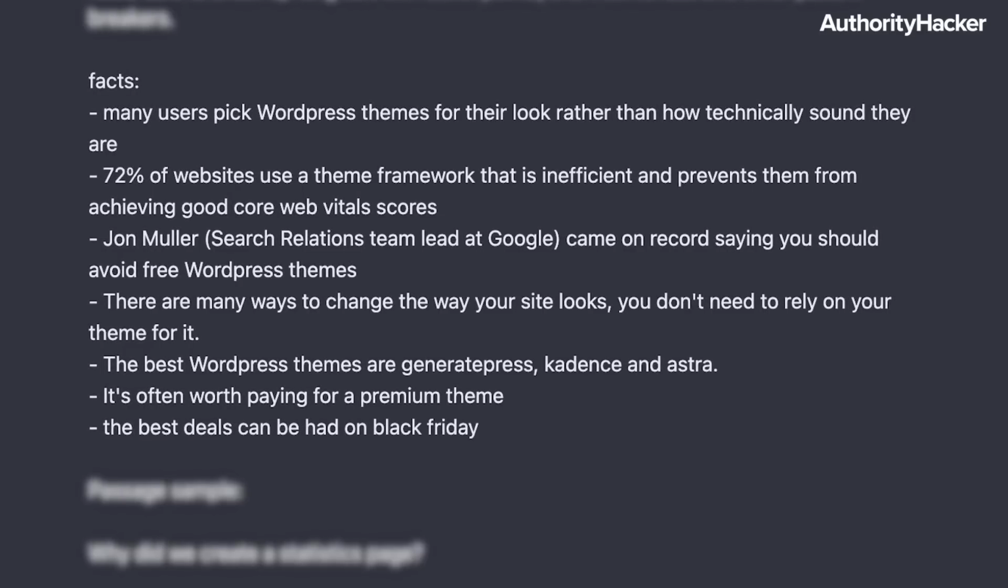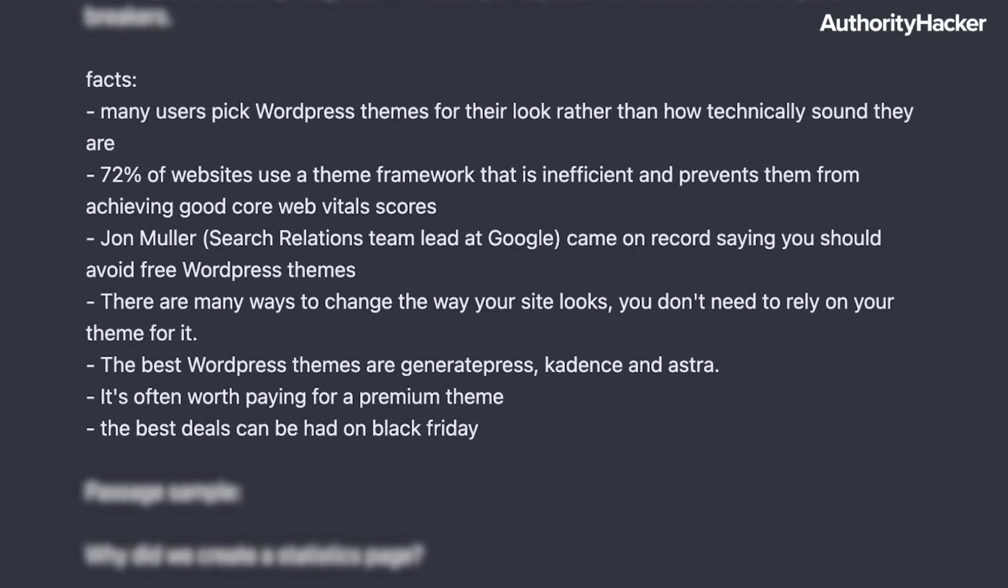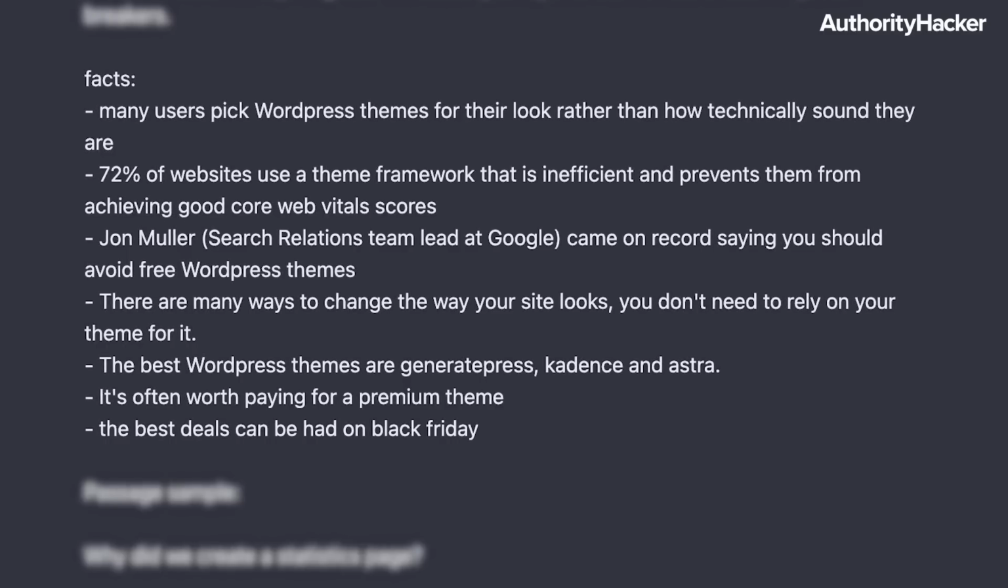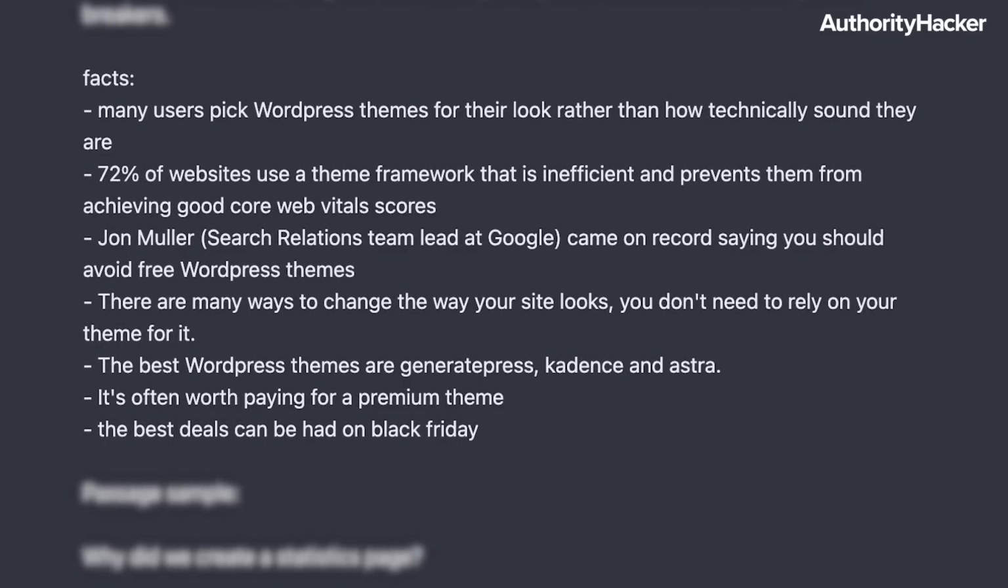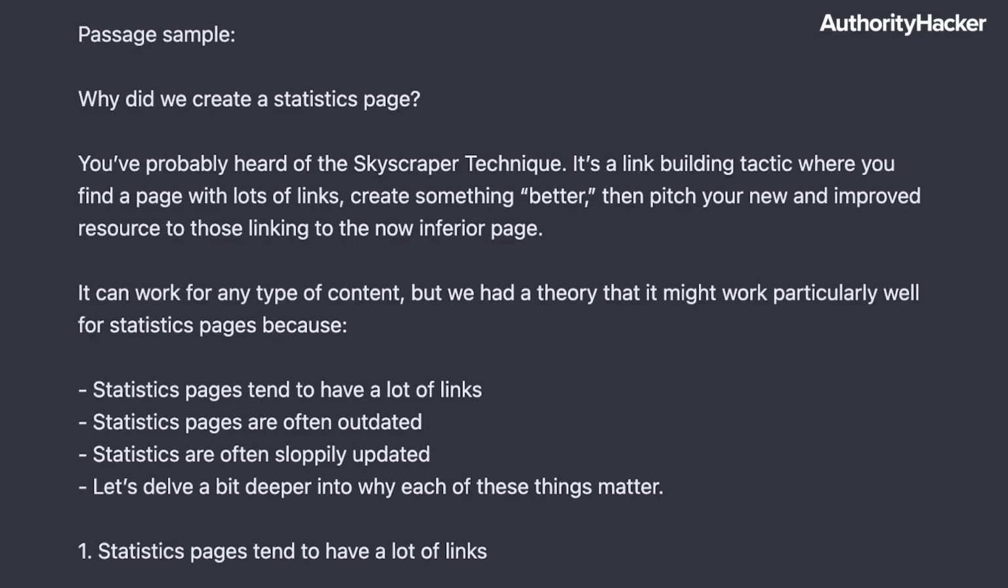There are many ways to change your site's look. You don't need to rely on your theme for it. The best WordPress themes are GeneratePress, Cadence, and Astra. It's often worth paying for a WordPress theme, and the best deals can be had on Black Friday. So see, I feed the facts. I'm like, okay, this needs to be in there. And then the sample, I gave again